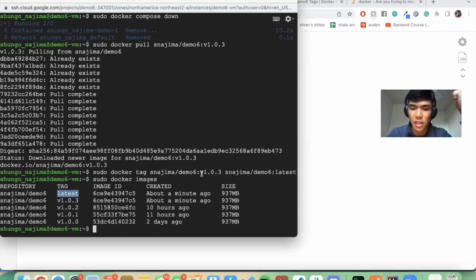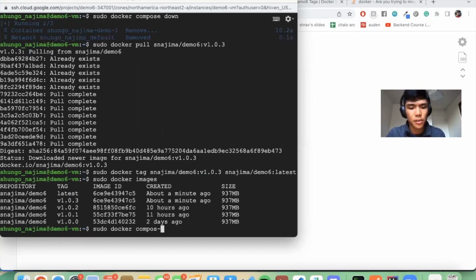Now, you don't actually have to be putting these Docker tags when you build these images, but that means that each of your Docker images will be overridden and be labeled the latest every time you build it. So if you don't want that, you can have versions like these. Cool. Now let's